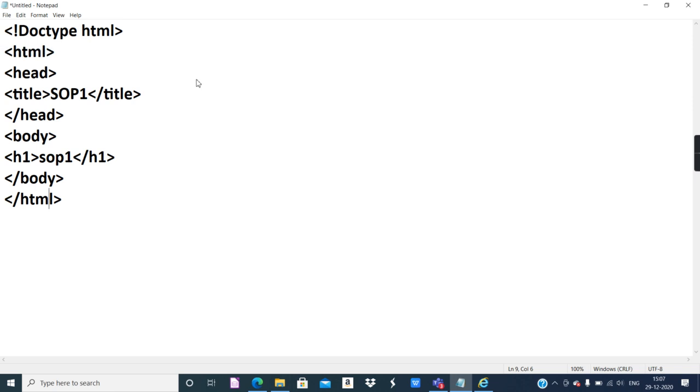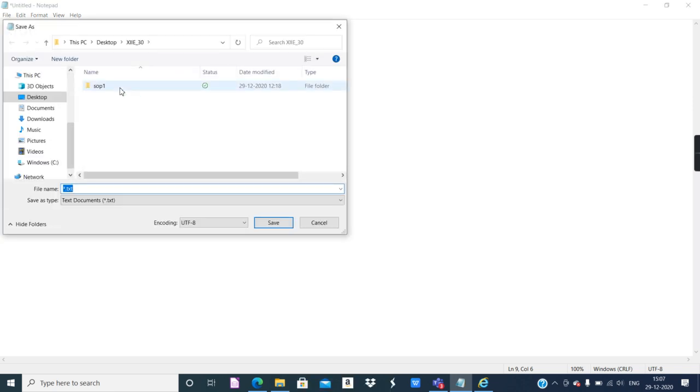Then you save it. For saving, I am going to create a folder on the desktop. See this desktop, this is the new folder option. I will click on new folder and you have to provide a name to the folder, for example 11th.